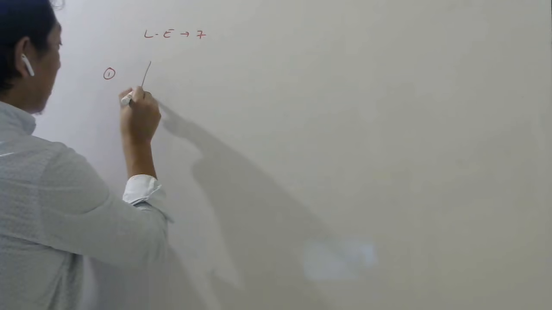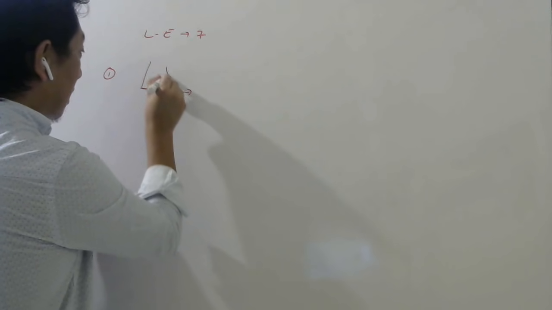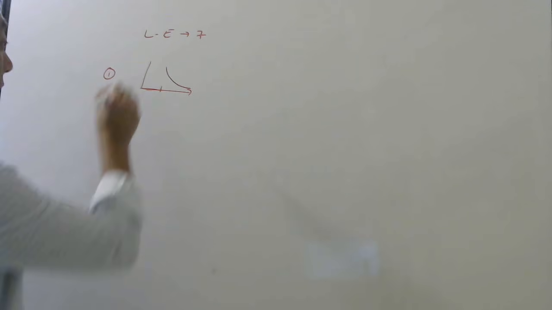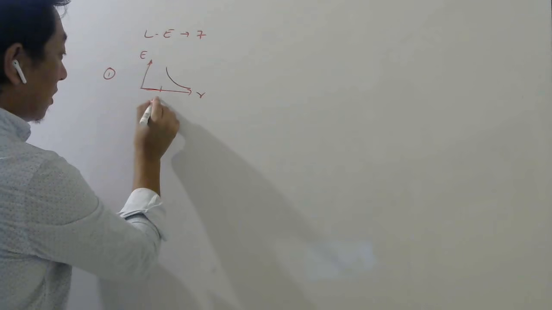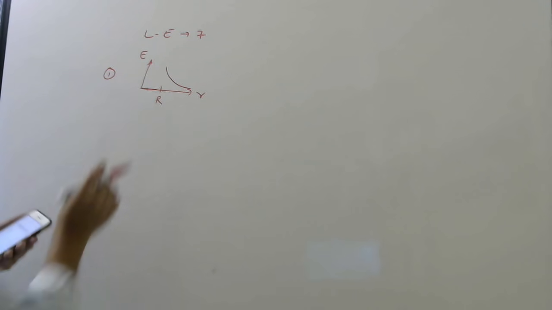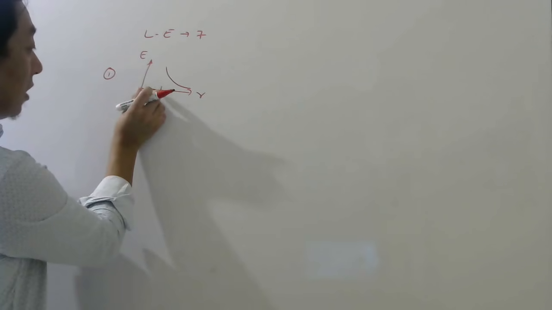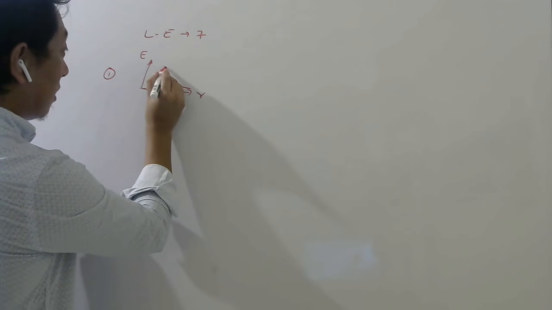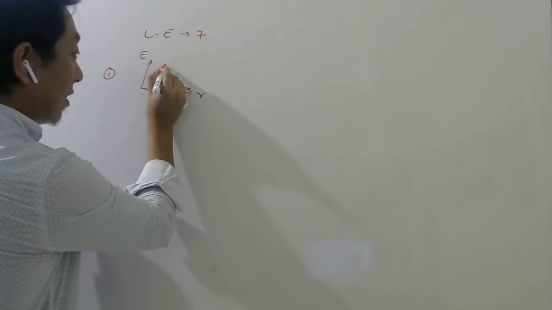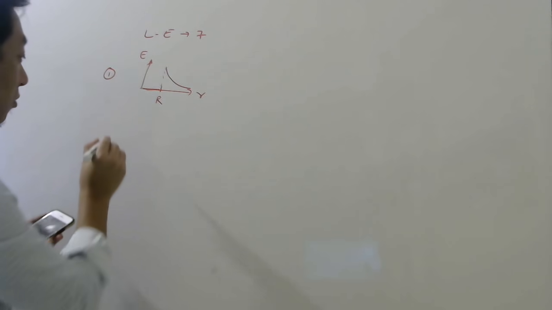So for the first one, if you want me to draw, then inside it is 0, outside it is like this. So there is the electric field versus distance from center. This is the radius of the sphere. If you are here, you are inside. If you are here, you are outside. Inside, if you remember, for a shell, electric field is 0. So 0, outside it will suddenly jump and then it will decrease as 1 by r square. We have done this, students, already.